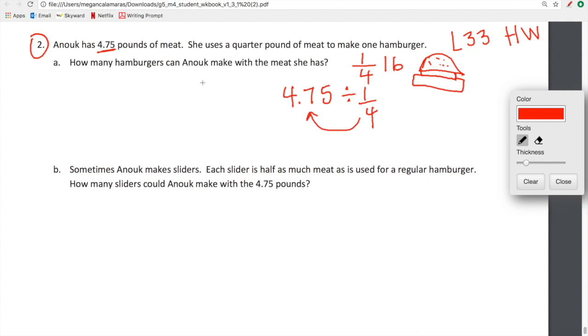How many hamburgers can Anouk make with the meat she has? So the meat she has is 4.75. Every hamburger is going to be 1/4 of a pound. What we need to figure out is how many 1/4 of a pound live inside 4.75. And you guys know how to do this. So we will work on this tomorrow. I just wanted to give you kind of a snapshot as to what the final problem in our celebration of